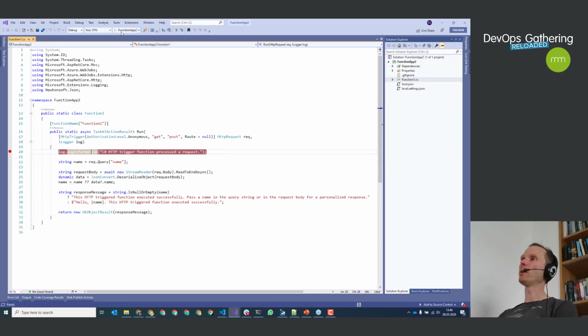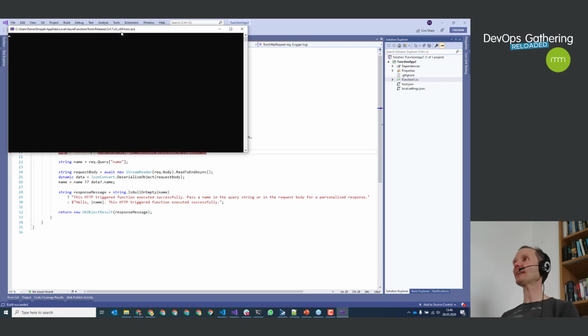This is an important one because I can run this function locally in my Visual Studio without having to deploy it into the cloud. And the important thing here is that my function that I run here is starting up locally with full support of the debugger. So I remain in Visual Studio, I can set breakpoints, but I can still access the function through the internet.